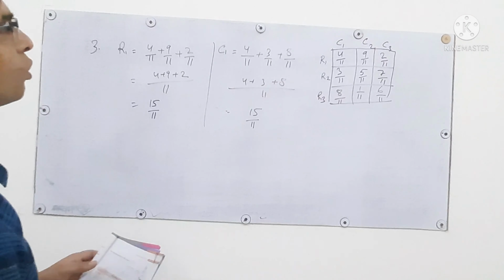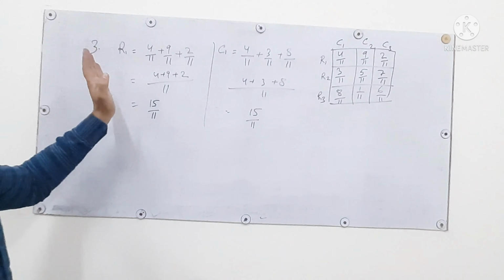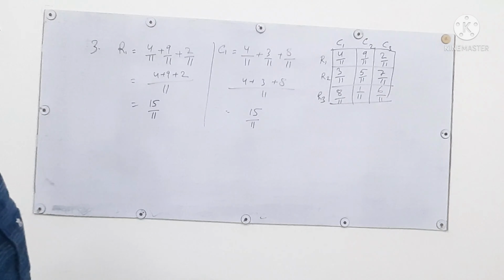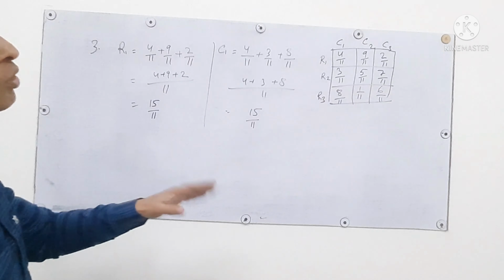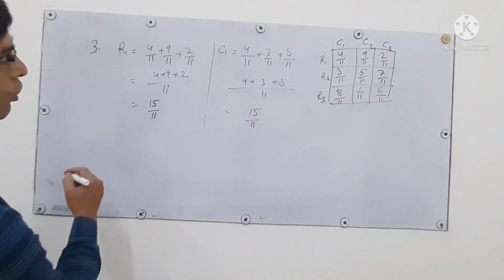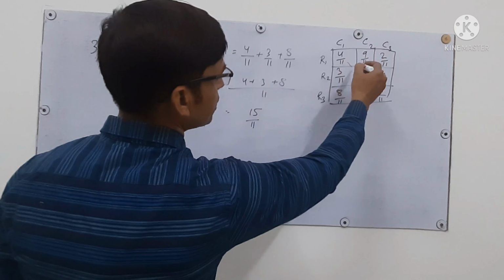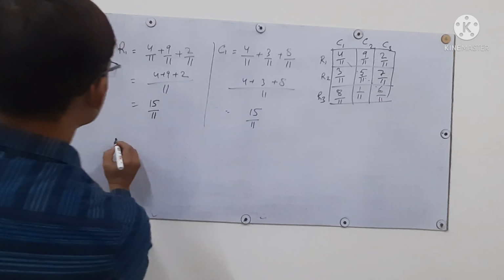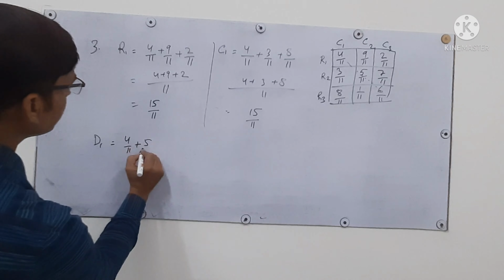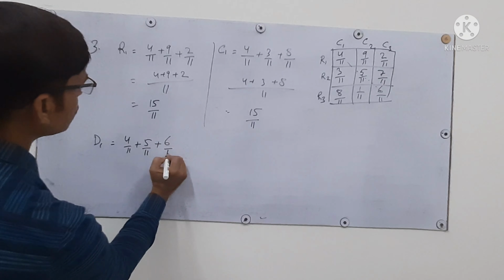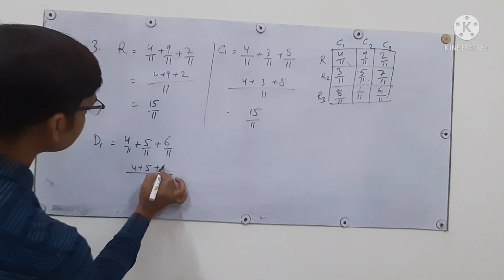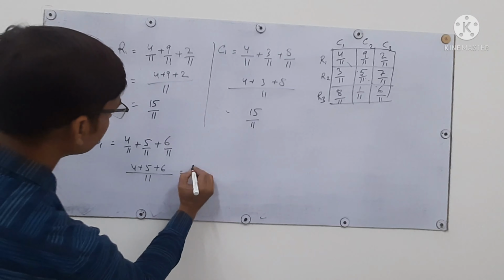So you can find that the row 1 answer is the same as the column 1 answer, and similarly row 2, row 3, column 2 and column 3 will also have the same answer, that is 15/11. Now we will solve for its diagonal. Suppose this is the diagonal first. So diagonal 1 is 4/11 plus 5/11 plus 6/11. Now we will solve here. It will be 4 plus 5 plus 6,